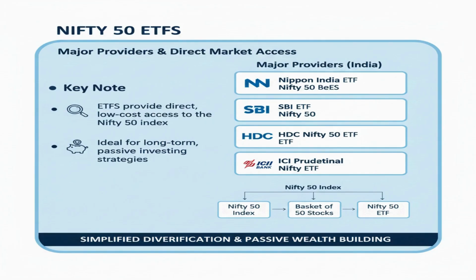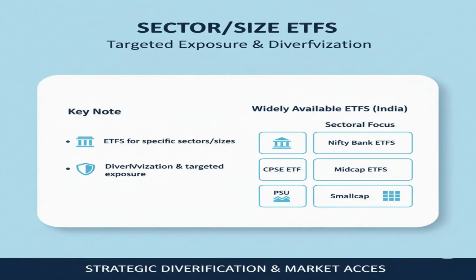Nifty 50 ETFs: major providers include Nippon India ETF Nifty 50 BeES, SBI ETF Nifty 50, HDFC Nifty 50 ETF, and ICICI Prudential Nifty ETF. Sector or size ETFs: Bank Nifty ETFs, CPSE ETF, Midcap ETFs, and Smallcap ETFs are widely available for diversification and